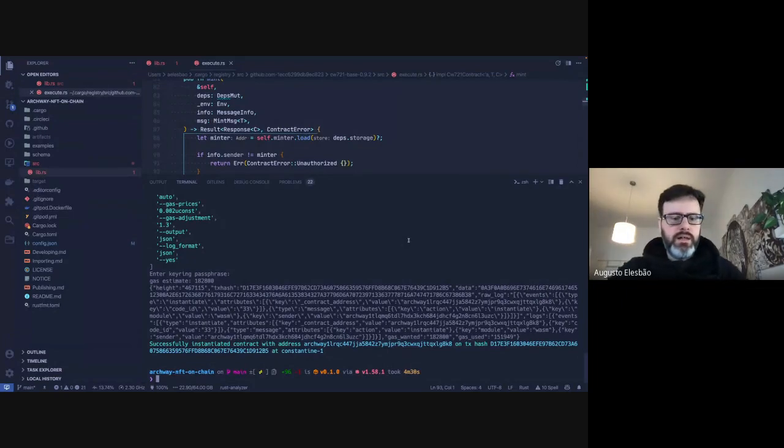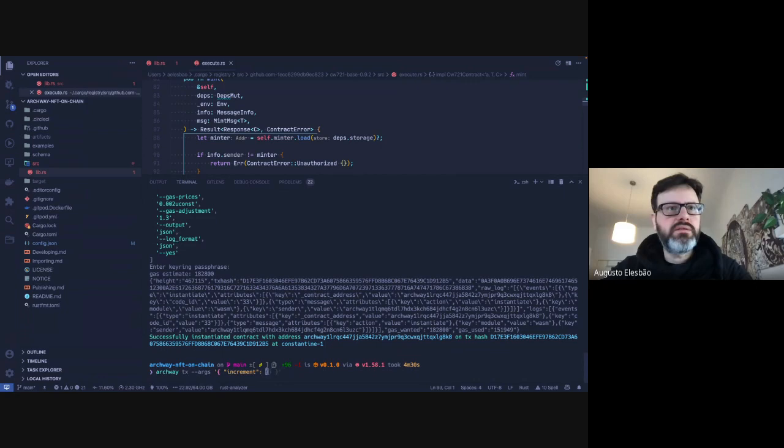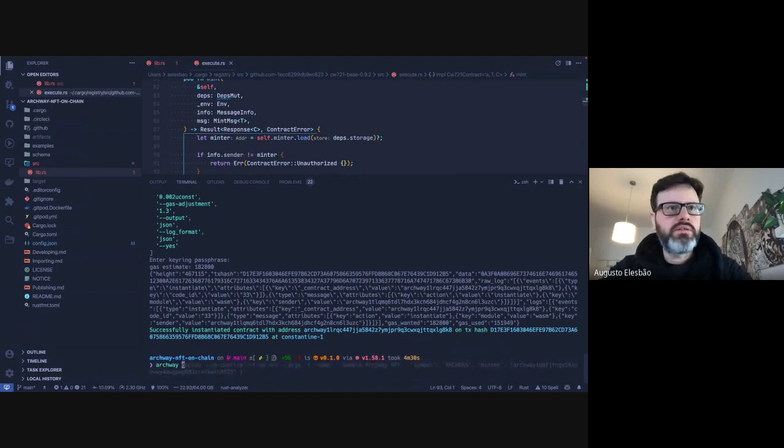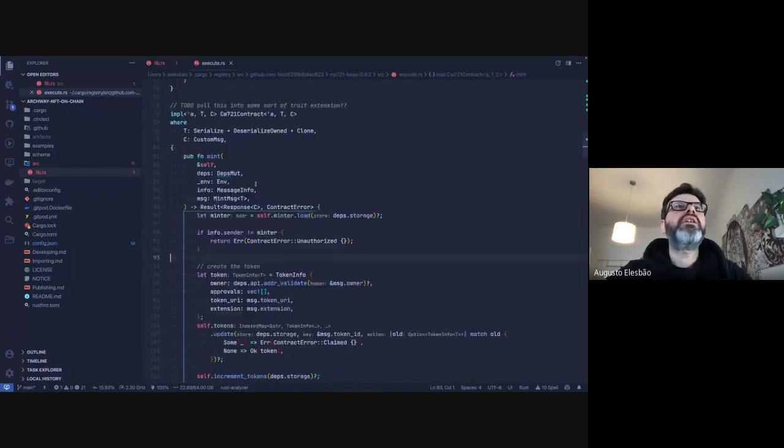Now I'm just going to do a simple transaction, but sorry, I don't have the transaction command ready here. We are going to see the transaction happening in the dApp demo that Drew will make. But I think that from the contract side, that's it. Basically, the